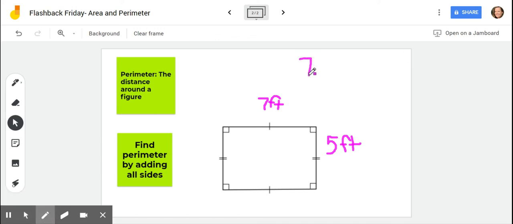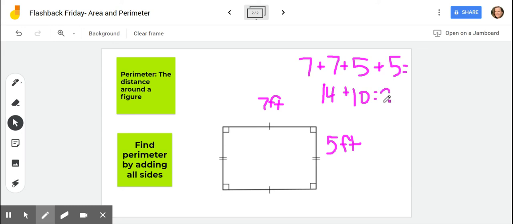So 7 plus 7, and we know it's in feet, so we'll always add those feet back in. And then we've got 2 sides that have a measure of 5 feet. So plus 5 plus 5. And again, I should be writing in feet, but I'll put that in my answer. So when I add 7 and 7, I get 14 feet. When I add 5 and 5, I get 10 feet. So my total answer is